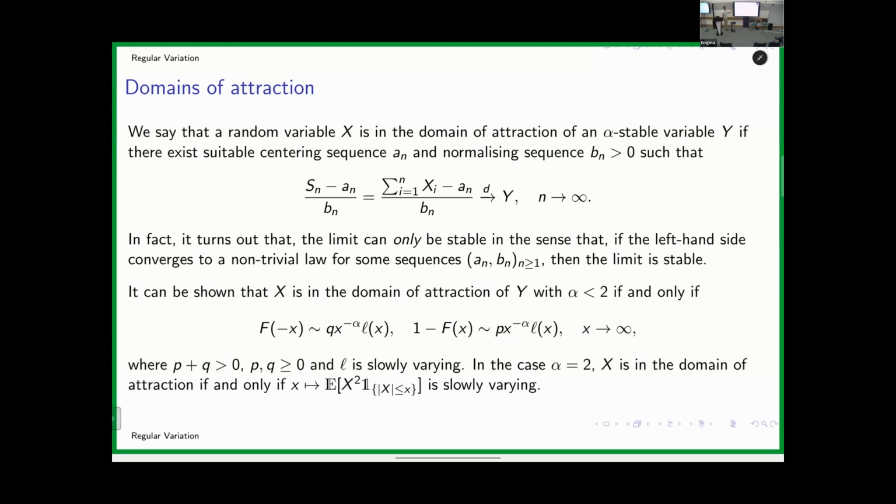In this case, you can find explicit constants an and bn that will give you the convergence. In particular, if you start with an already stable distribution, you can find constants an and bn, as suggested by the definition of stable distributions, such that this thing has a law that does not depend on n, and so obviously converges in law, so obviously it satisfies this. In particular, for stable distributions, you don't have a slowly varying function. So in some sense, even here, the slowly varying function is not doing much.